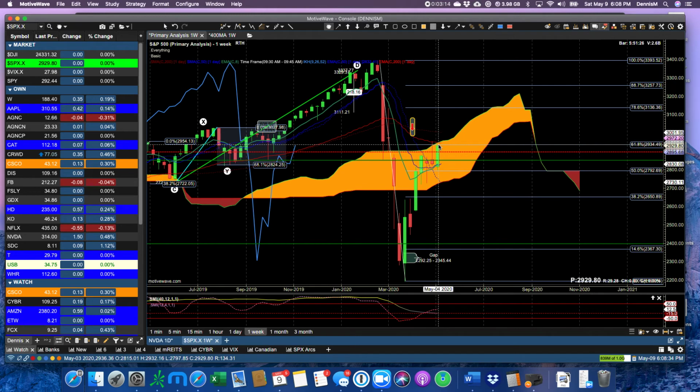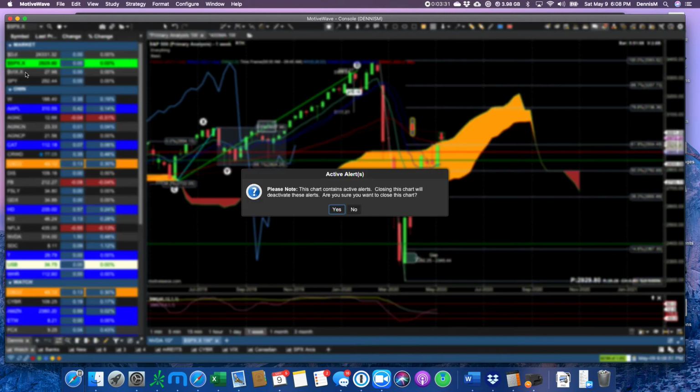So we've got the 61.8, we've got the 200 moving average, and we've also got the top of the cloud. So all these three things are going to come into play when this candle starts to form next week. That's an awful lot of resistance. The volatility index